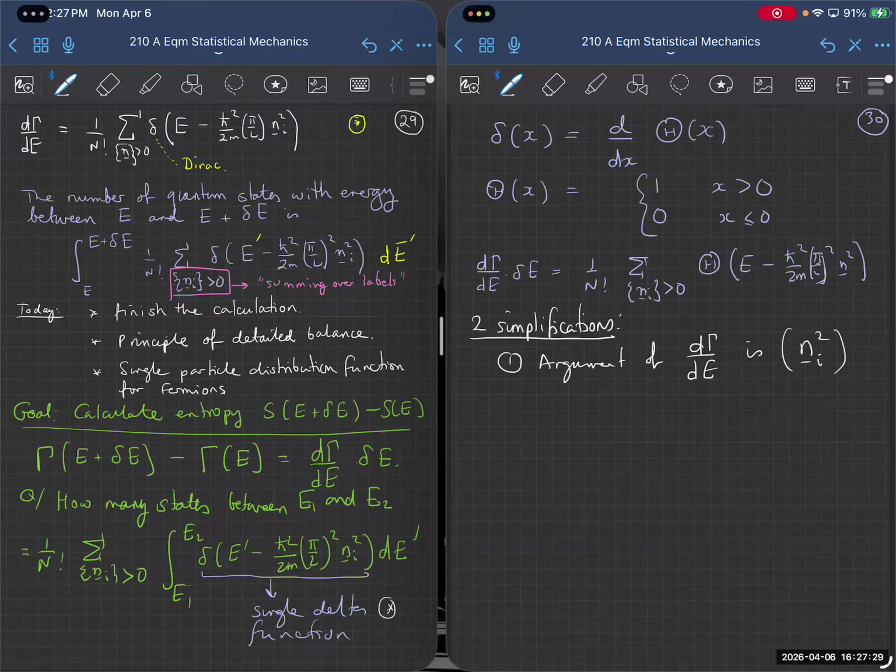You have this n_i squared occurring in all of these functions. So summing over n greater than 0 is kind of inconvenient, but summing over all of n is easy, because eventually we're going to turn the sums over n into integrals over n. Since this is an even function,